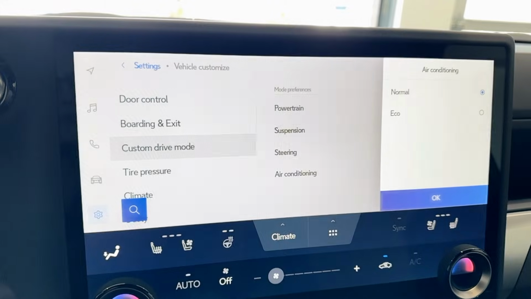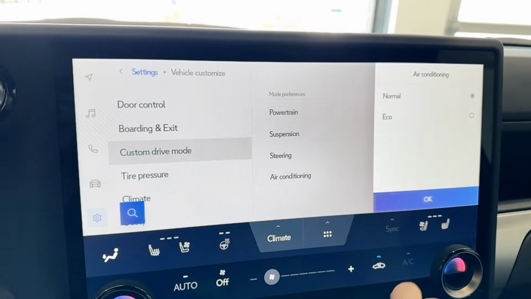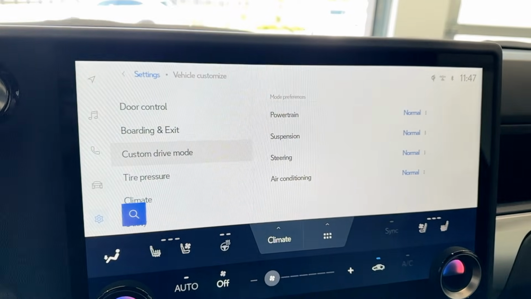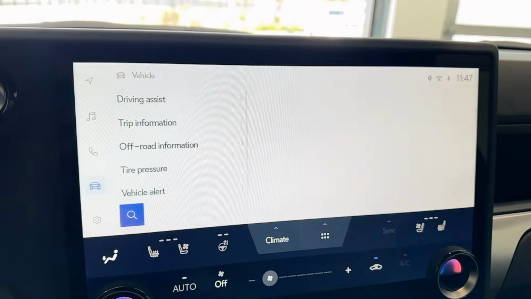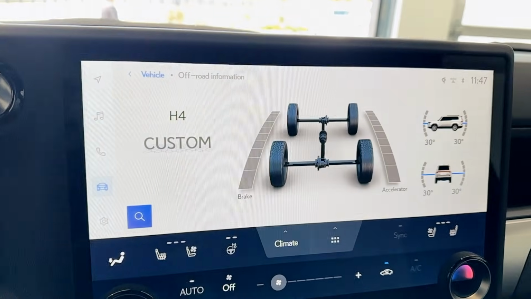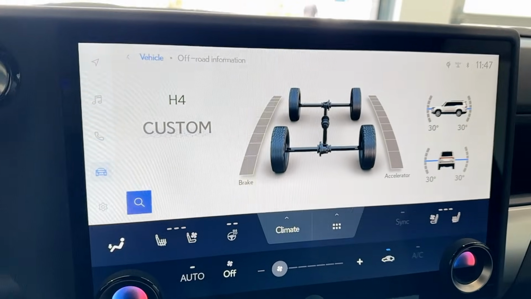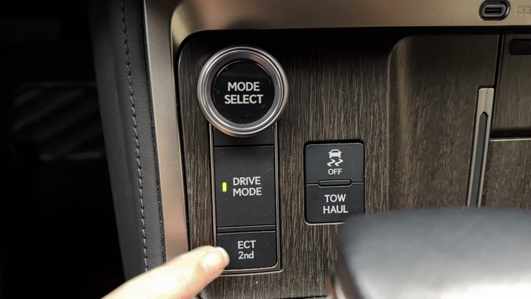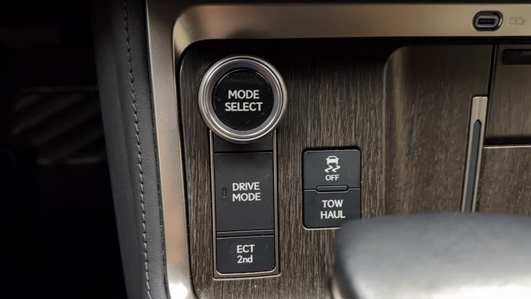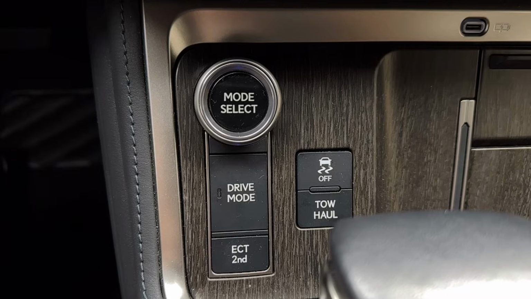And you can choose normal or eco for the air conditioning system. Just make your changes and select OK, and then come back to Vehicle Features and Off-Road Information to return to our previous screen view. If your GX has second start, ECT, which stands for Electronically Controlled Transmission, it can be